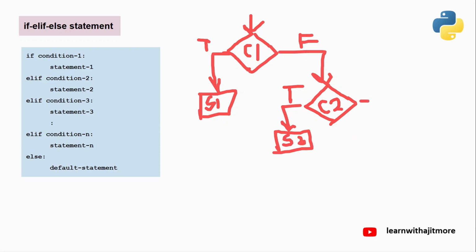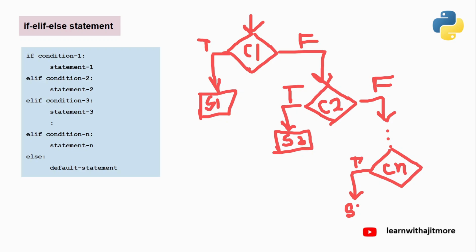And false, so you know it, okay? So this way, if I put dot dot dot, तो फाइनली हम पहुंच गए कौन से वाले कंडीशन पे, कंडीशन n पे। तो अगर ये कंडीशन n अगर ट्रू है तो statement n परफॉर्म होगा, एंड ये भी फॉल्स है तो डायरेक्टली आपका डिफॉल्ट, ये डिफॉल्ट का पार्ट जो है वो,